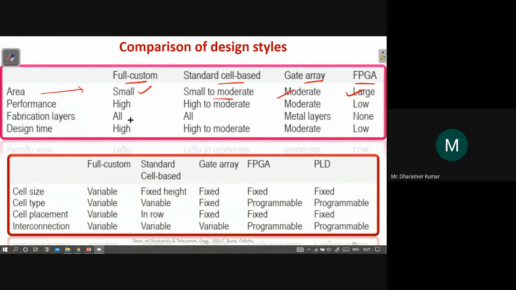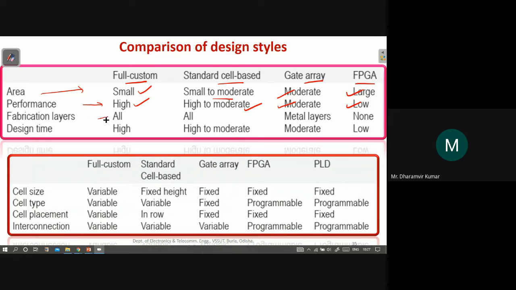Performance wise, again, full custom will be high, highest performance chips. High to moderate for standard cell based, moderate for gate array, and FPGA chips will be low performing chips.